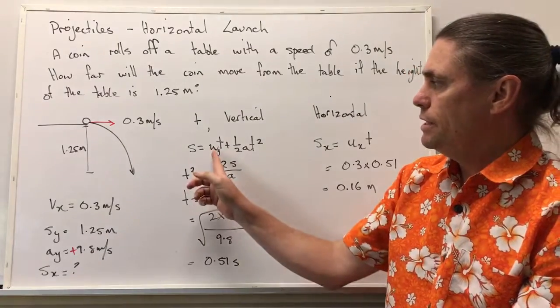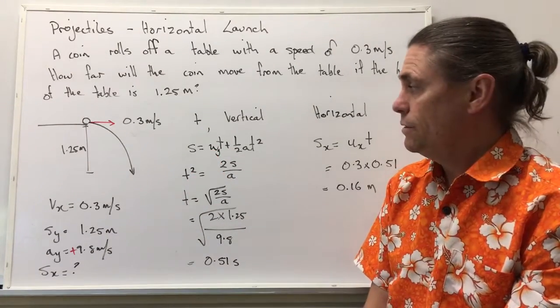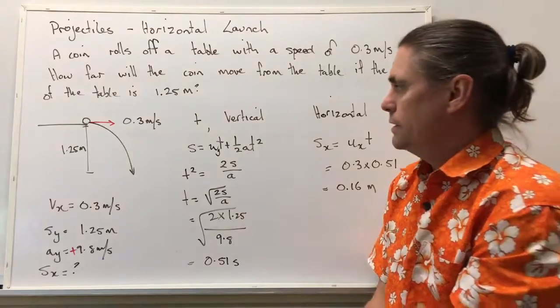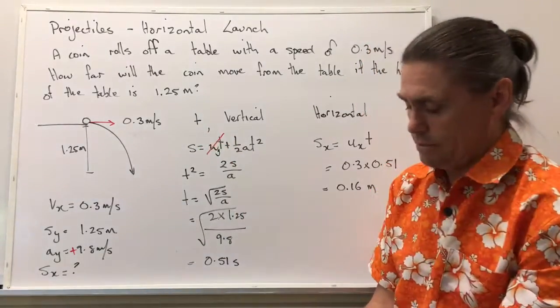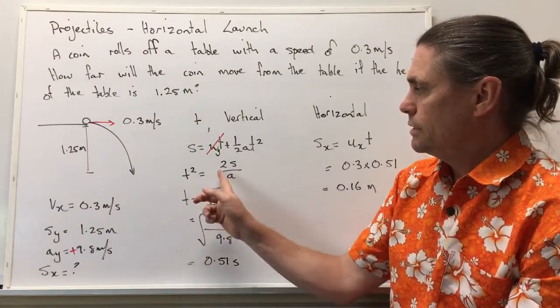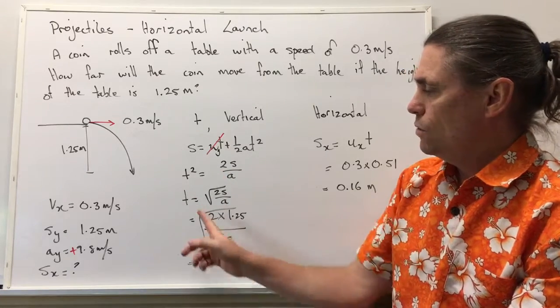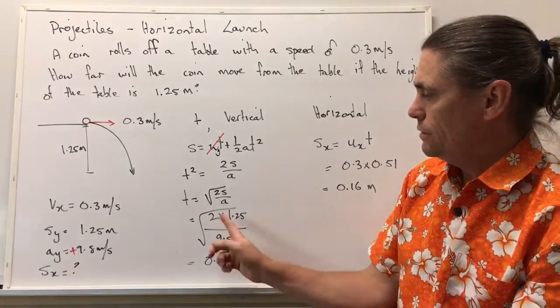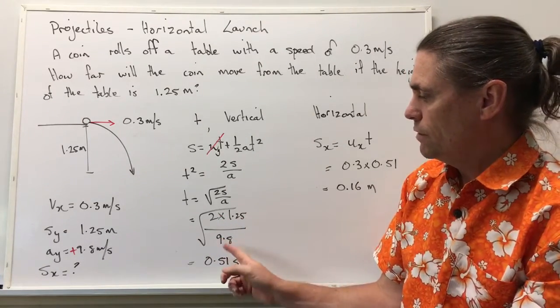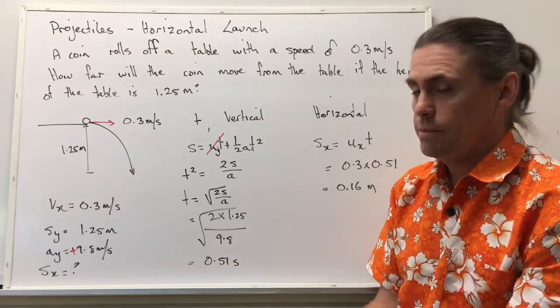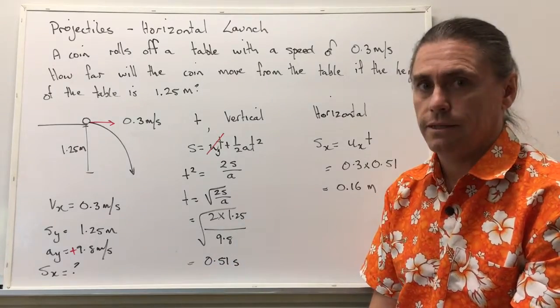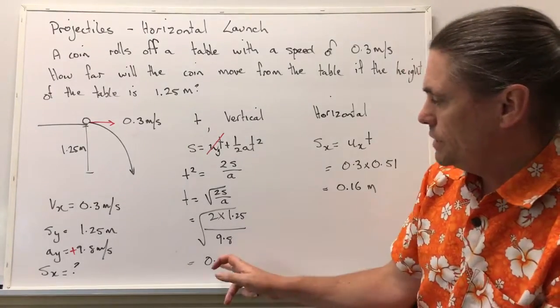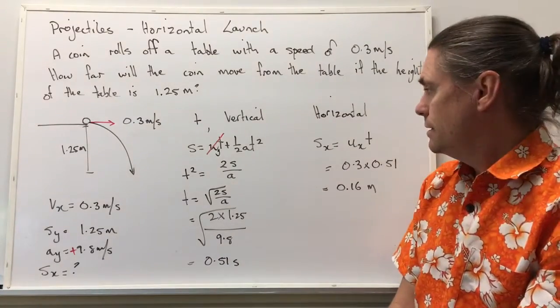So we know that our initial speed vertically is 0, therefore this component isn't present to begin with. So t squared is going to equal 2s over a, or t is going to equal the square root of 2s over a. We put our numbers in, 2 times 1.25 over 9.8 gives us a time in flight of just over half a second. Now we can use this value then to calculate the displacement